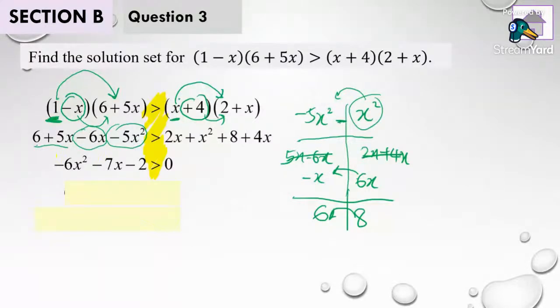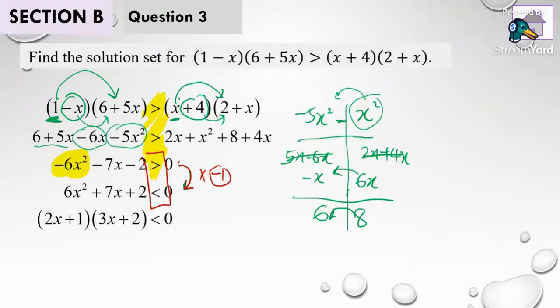Then be aware, please don't factorize at this moment to get the answer because we happen to have a negative coefficient on x squared. So what I need to do now is proceed with the step that I would like to multiply the whole equation with minus 1, or we switch the sign on each of the terms. And watch out, the inequality sign changes direction. Then we factorize the quadratic inequalities.